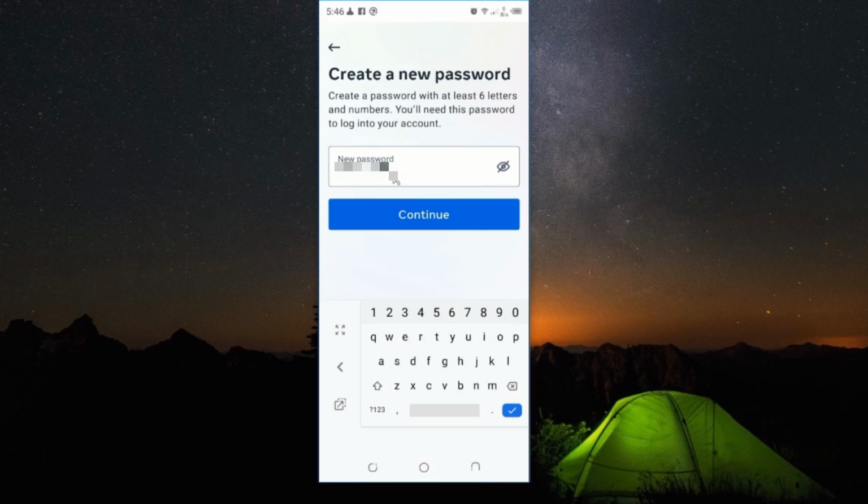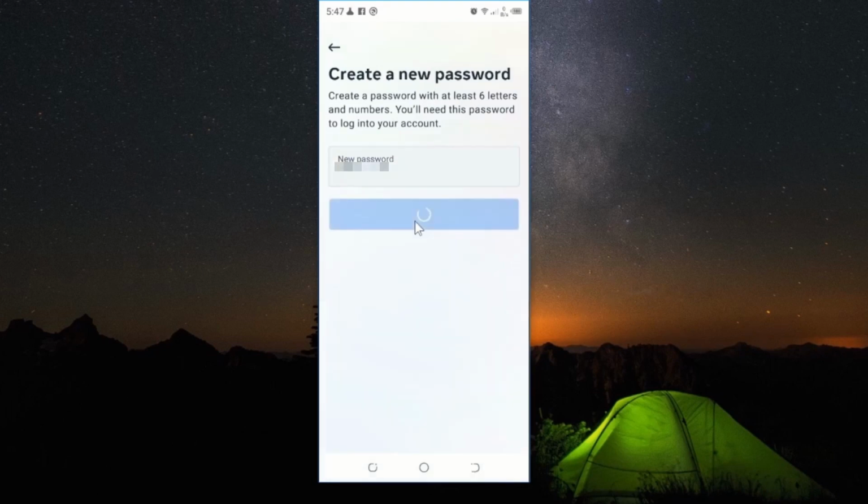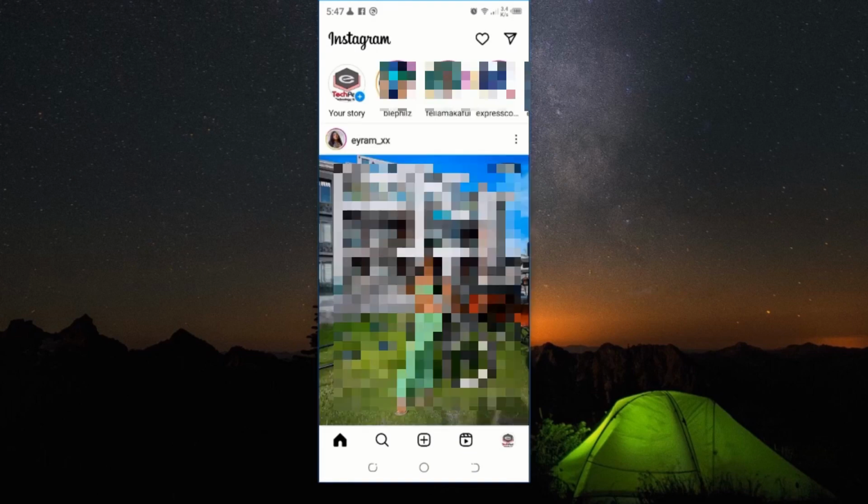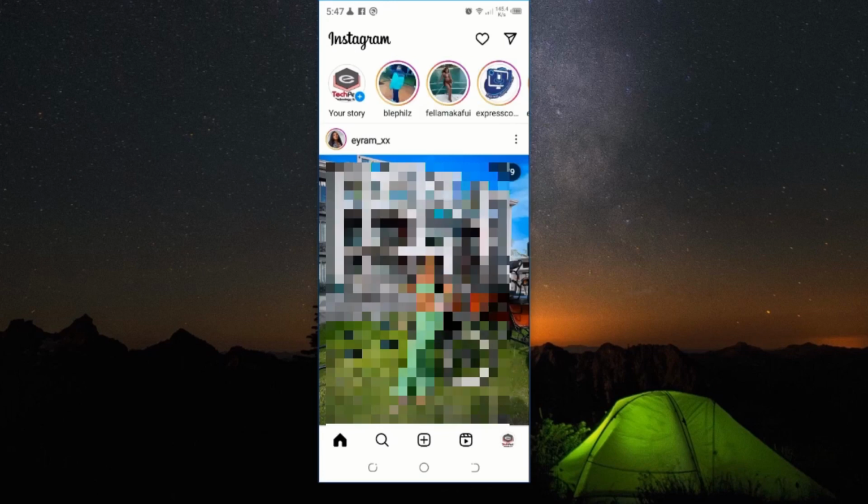So I input the new password and I click on continue. Now my password has been changed. So to access it again,